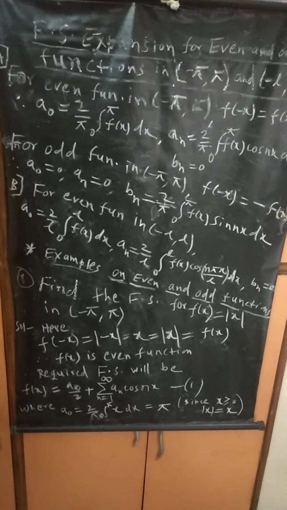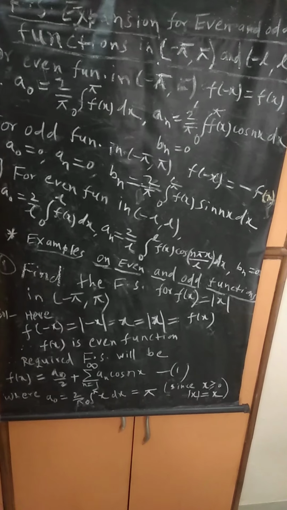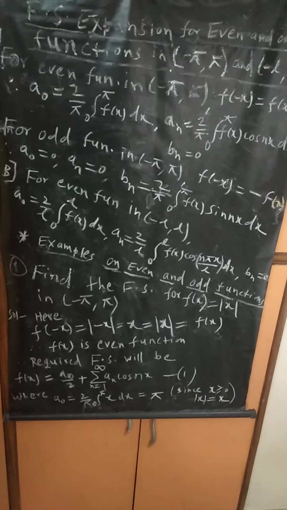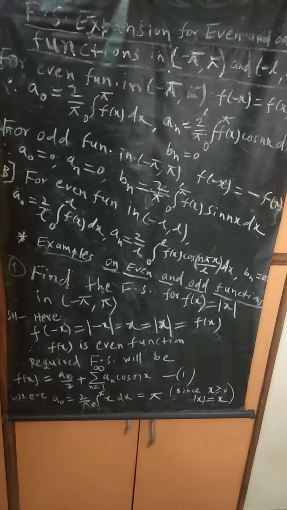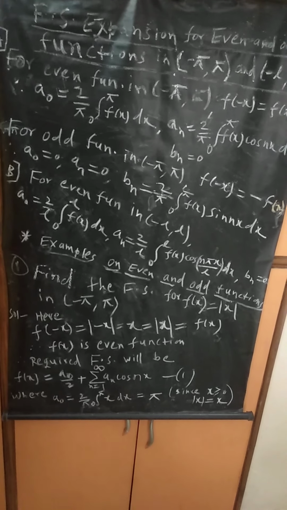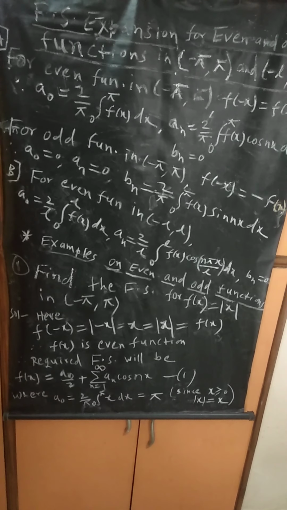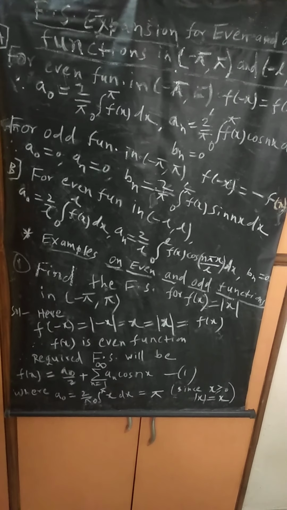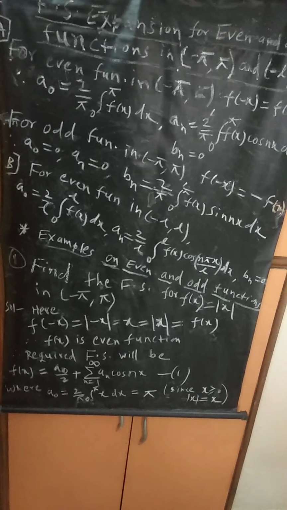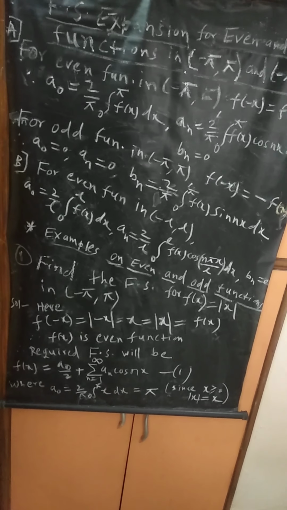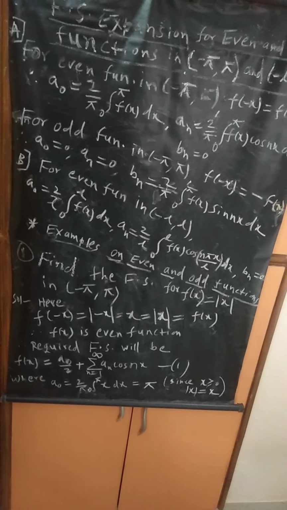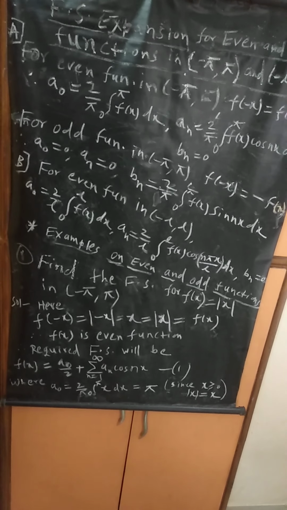Our first example is: find the Fourier series expansion for f(x), where f(x) is defined as modulus of x in (-pi, pi). So here f(-x) is equal to modulus of -x, and modulus of -x is equal to modulus x, but what is modulus x? That is equal to f(x). So finally we get f(-x) = f(x) for f(x) = |x|, and this concludes that f(x) is an even function, and therefore we write the answer, that is the required Fourier series expansion